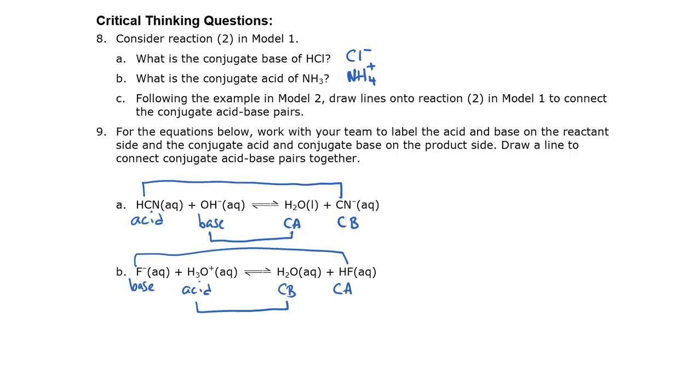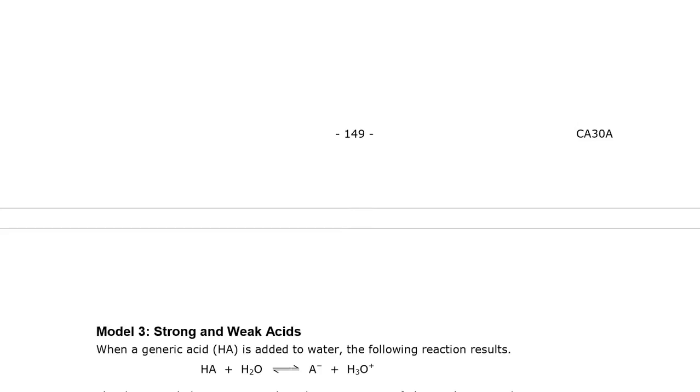So I'm not putting them in the same order, but you're still able to figure this out, right? F- and HF are a conjugate acid and base pair, which differ only by the H+. The F- must be the base because it picks up an H+. The H3O+ must be an acid because it gives up an H+ to become water, and there's my second conjugate acid-base pair. Pause if you need to, make any corrections, try to understand conjugate acid-base pairs, and we're ready to move on